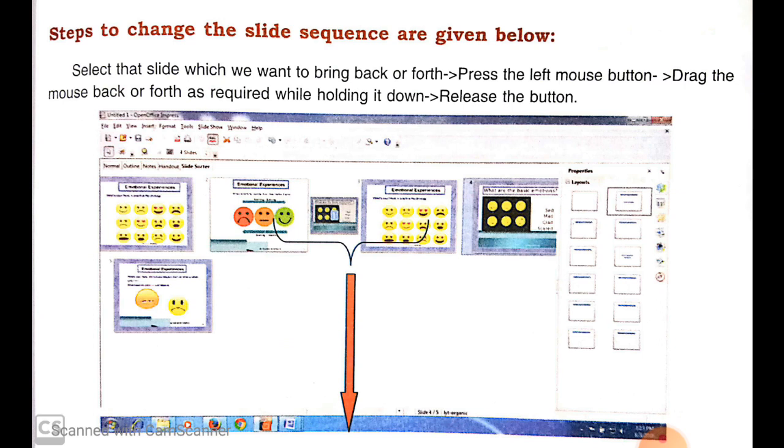First you select the slide which we want to bring back or forth. Then press the left mouse button, drag the mouse back or forth as required while holding it down, and then release the button.